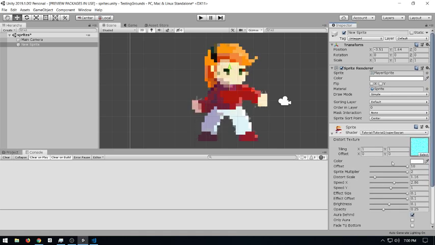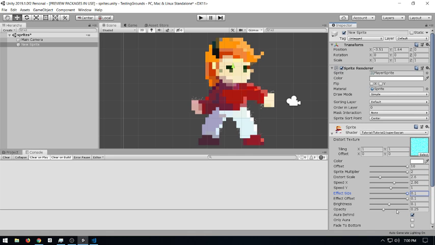I called it Super Saiyan because why not? Essentially, oh gosh, it's so tiny. Speed X, effect size, I maxed it out though. Brightness, opacity, effect offset, speed in the Y in terms of distortion, speed in the X, and distortion scale.